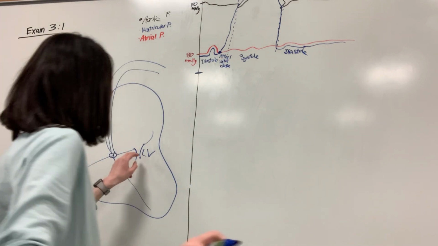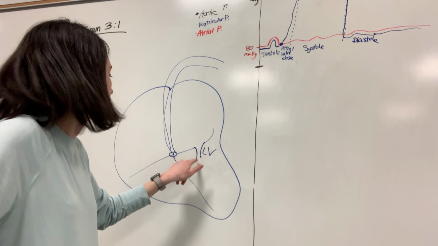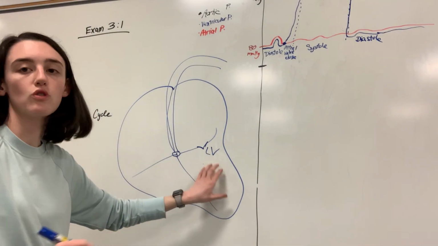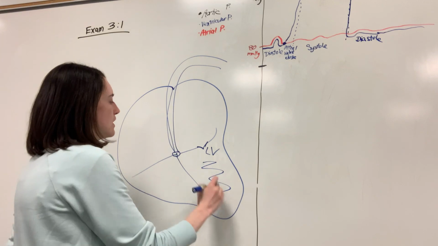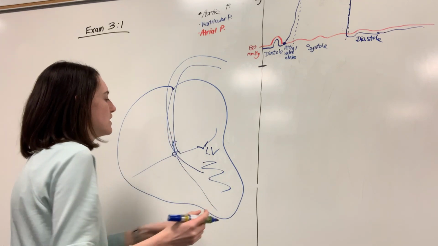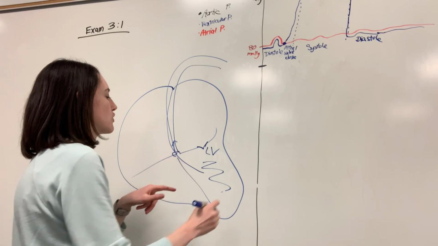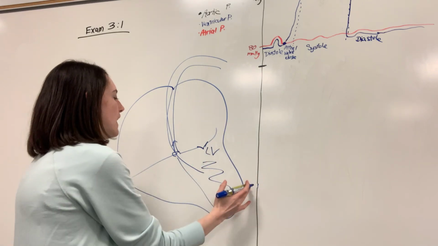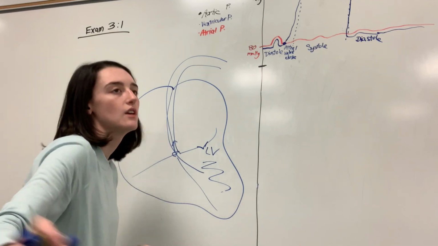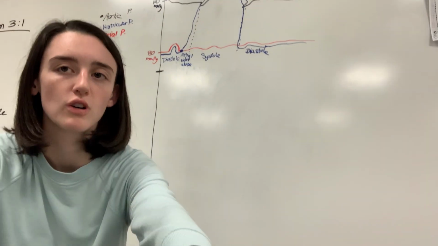When this valve right here closes, so I'm gonna draw it closed, all that blood is going to be in the ventricle, and now this guy is going to be open, so it's going to pump blood through the semilunar valve into the aorta, and that whole muscle of the left ventricle is going to be contracted. So now, if we go back to our chart,